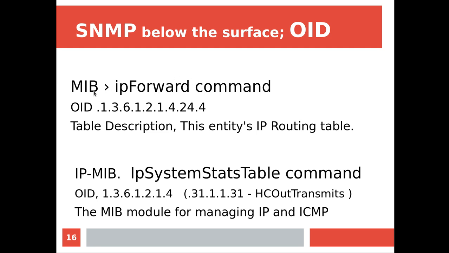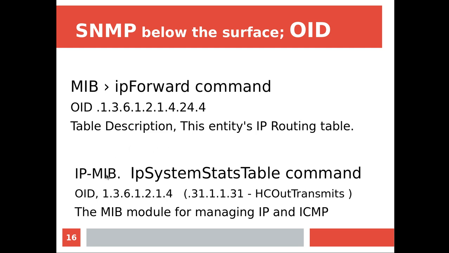Now in the OID, or the object identification, it is expressed as a series of integers, and as they increase in length, they drill down into the actual information required, granularity. So in this case, this asks for IP forwarding table description,